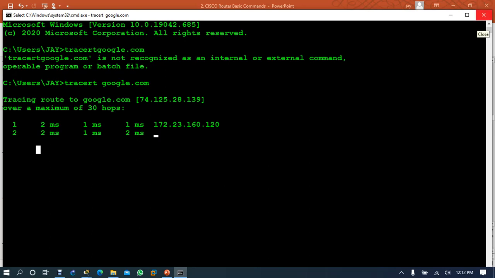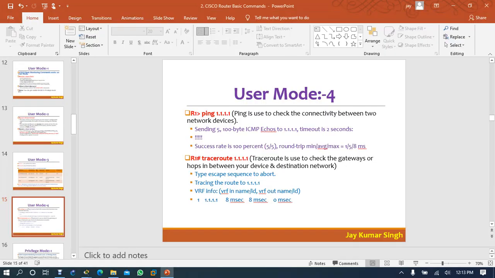When you want to go out, it must be less than 30. If it is higher than 30, your packet will drop. Then again you have to resend the packet, and your router will redirect you another way, so you can have less than 30 hops. See, the network is very big.